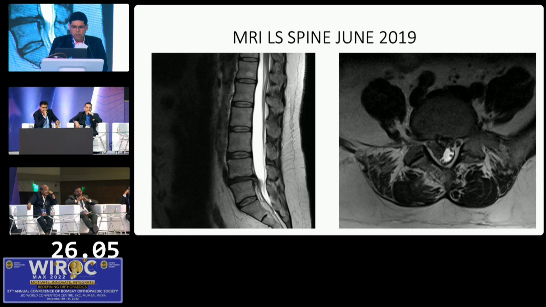Now you can see that there's a clear migration of the disc behind the L5 body, and it is clearly right-sided. Now it has become an extrusion, and this is almost 9 months and it is not relenting. So here we would counsel the patient and offer the option of microdiscectomy, as the pain is severe and not responding to conservative management.